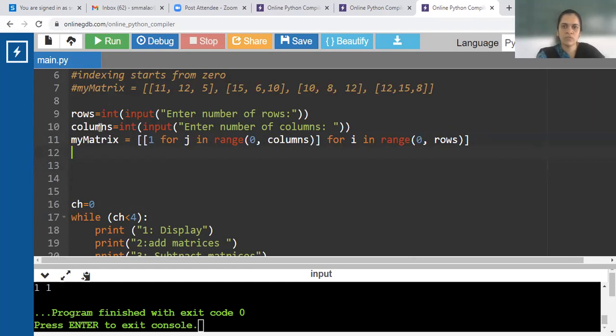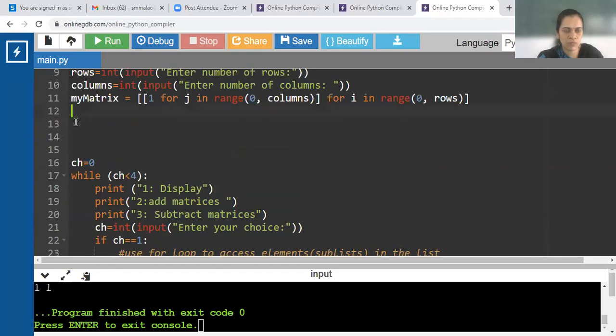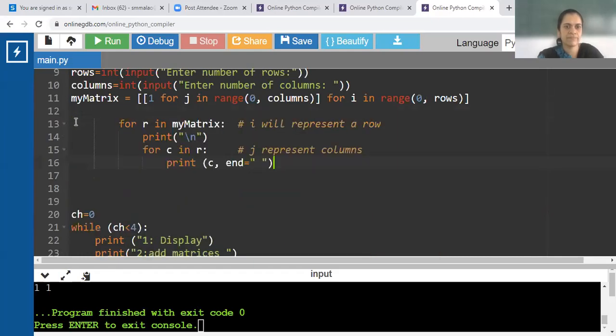So now suppose I will use the same logic for loop of the for loop. Yes, I'll use the same for loop, but instead of this print, I accept values from user. Will it work? So I have this for loop.